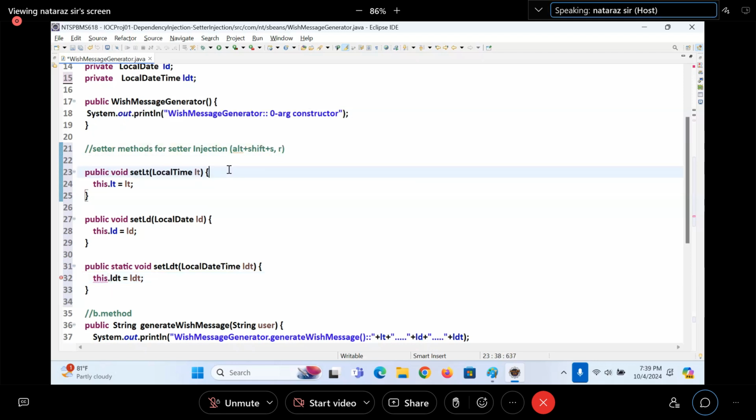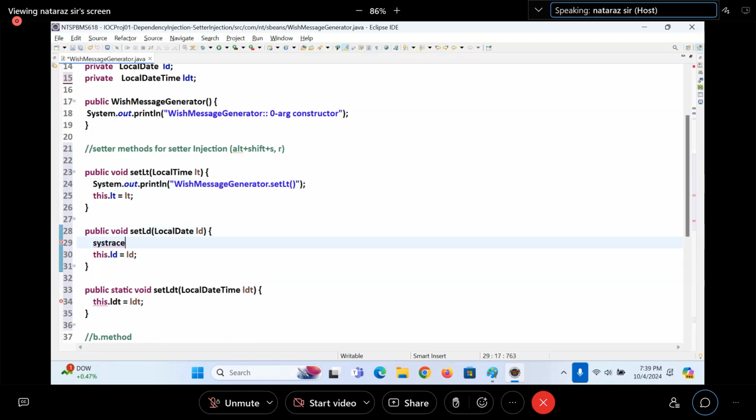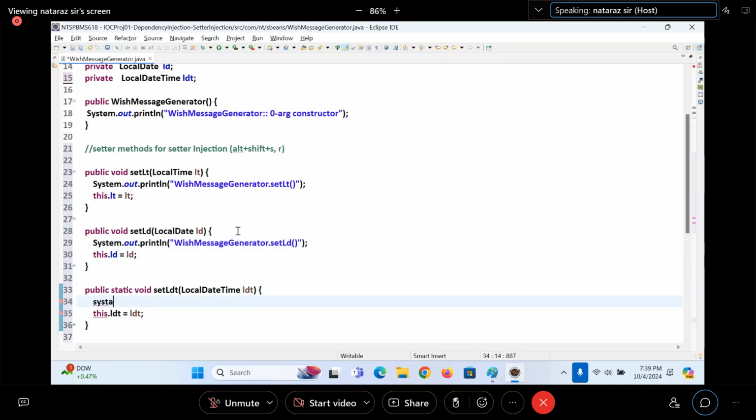To give the feeling that these methods are automatically called while performing setter injection, I'm writing SOP statements here, guys. Sysout. Done. Here also, sysout. Done. Here also, sysout. Done.